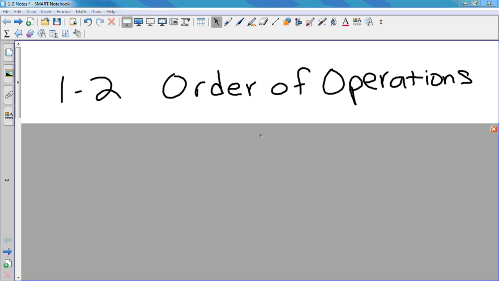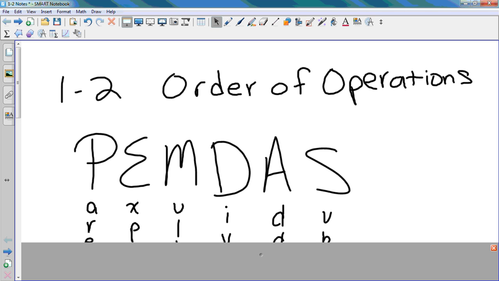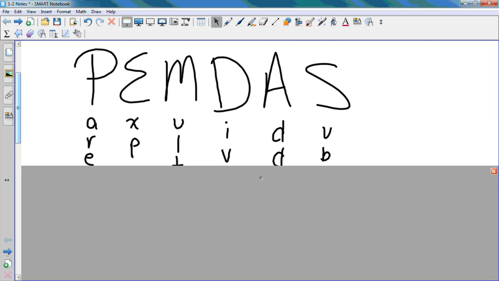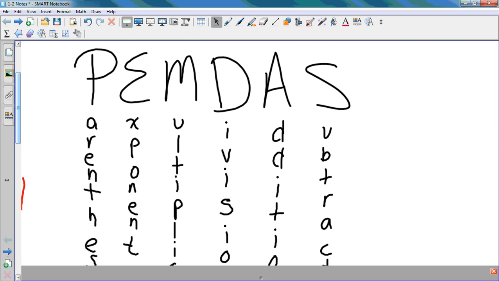Parentheses, exponents, multiplication, division, addition, subtraction. I always remembered it as PEMDAS. Did anybody ever remember it as PEMDAS? Okay, Sean did. So let's review, and you can write these down so you remember. PEMDAS: Please excuse my dear Aunt Sally. Order of operations just stands for